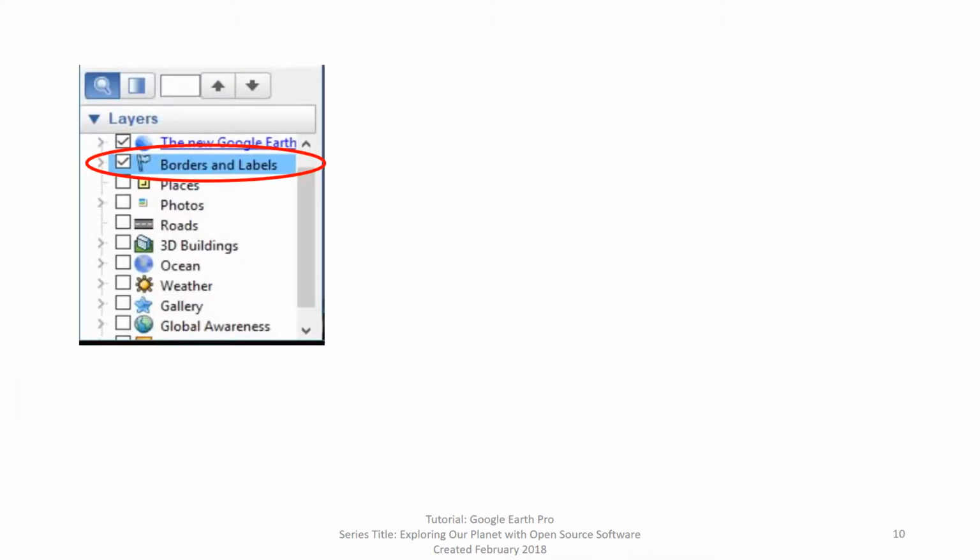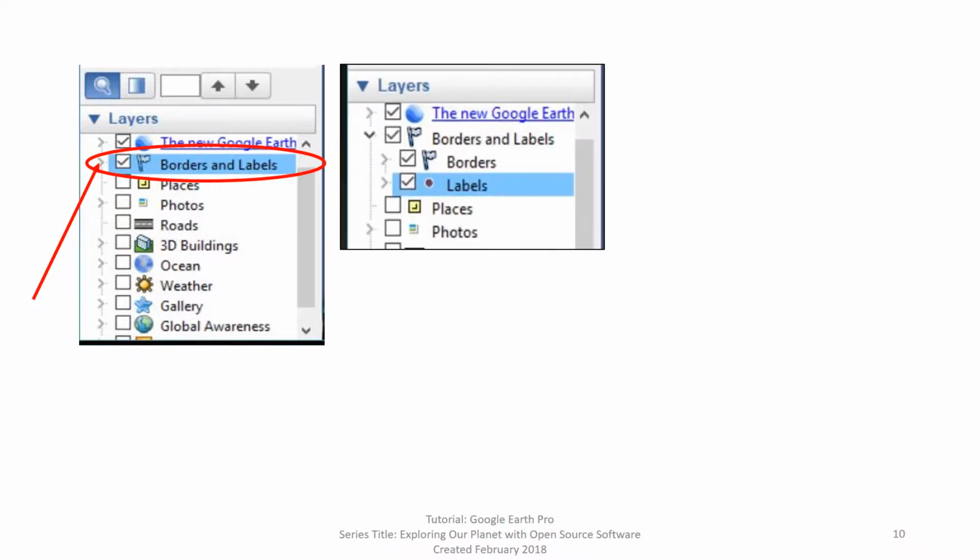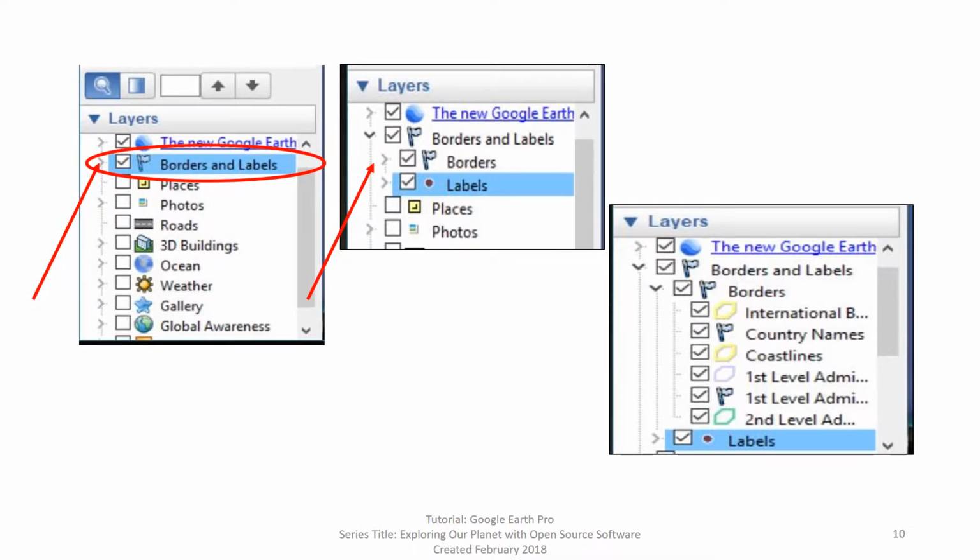Let's take a closer look at borders and labels. If you notice next to the little box that's got the check mark in it, there's a greater than sign, or some people may refer to that as a caret. Go ahead and click on it because that means there's additional information under that label. As you can see, borders and labels have now changed into two layers, one named borders and one named labels. But also there's another caret. Let's click on the caret in front of borders. As you can see,